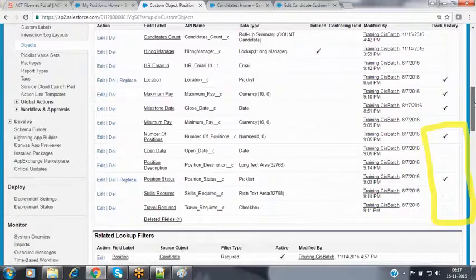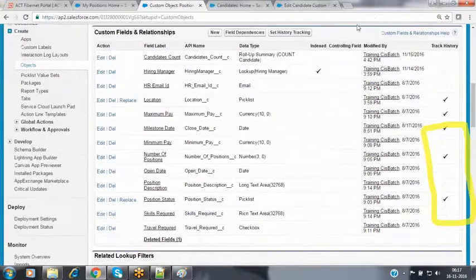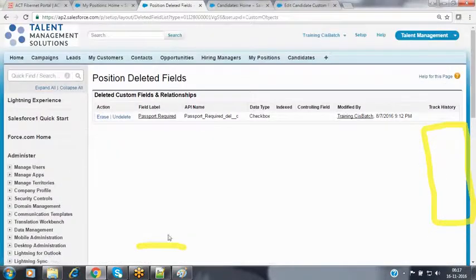Now when you observe the fields list, at the end of that list you will have an option called deleted fields list. This deleted fields list will be holding that field. Whatever fields we have removed will not be removed permanently. They will be available inside the recycle bin for 15 days free. From this deleted fields list, you can reverse it back also. Go to that deleted fields list and click on that link.